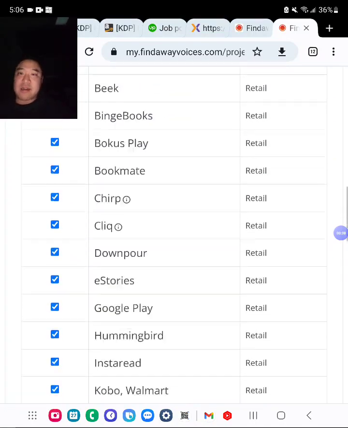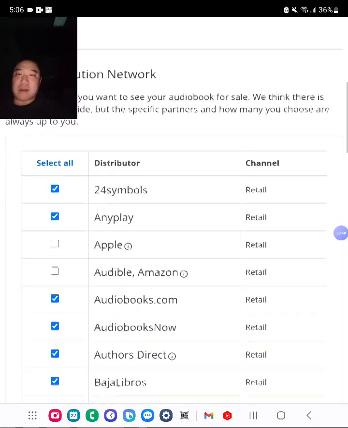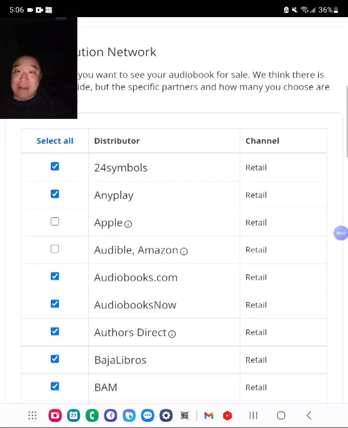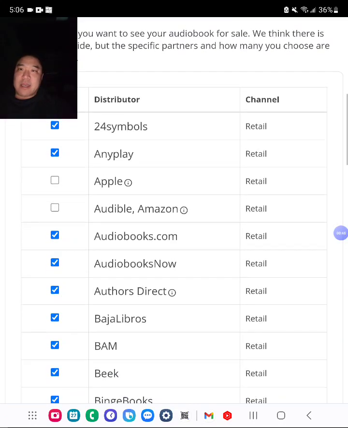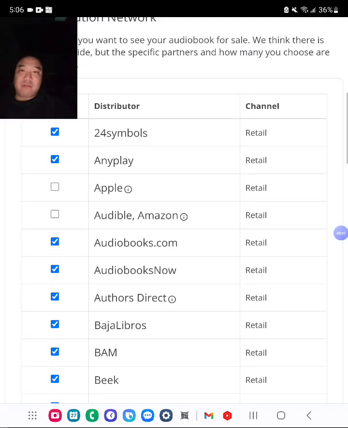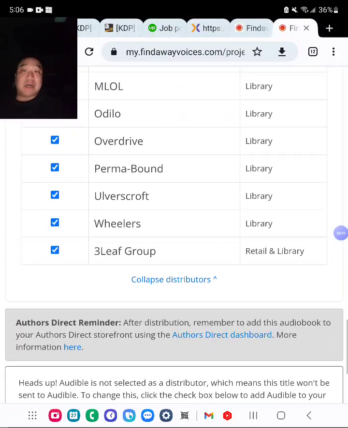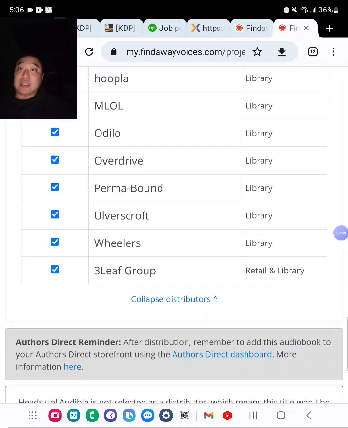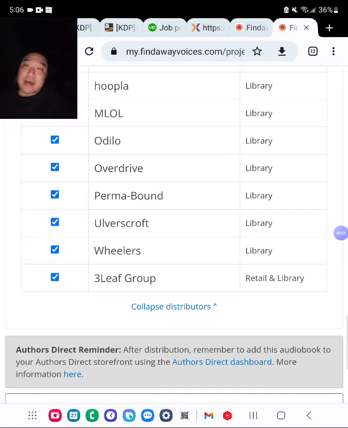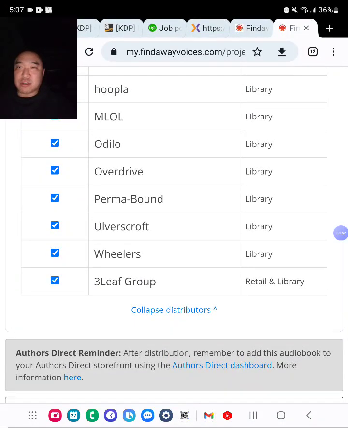As you can see, these are all the audiobook platforms out there. I just make sure to uncheck Apple, Audible, and Amazon. And from the top to the very bottom, from 24 Symbols all the way down to 3Leaf Group, I check it all because I like to go wide, and I recommend all the authors, independent authors, and self-publishers out there,